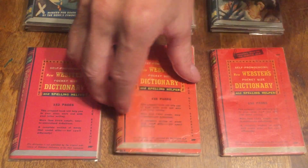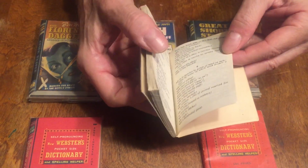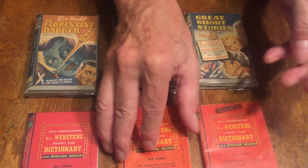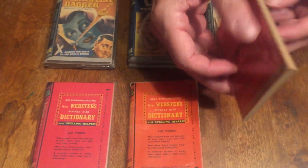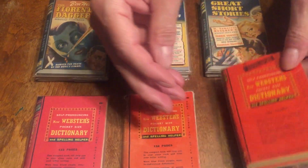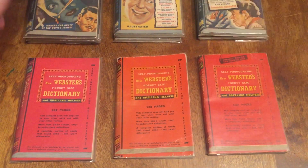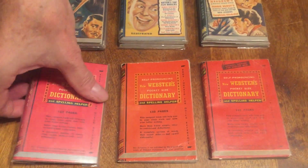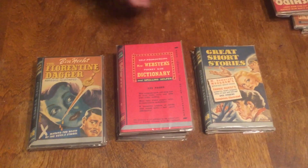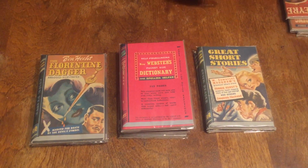Again, I say that because the back covers sometimes feature ads and things. This one doesn't. But just to be aware, these three, it's interesting. So 108 is a dictionary, and there's three versions of that. 109